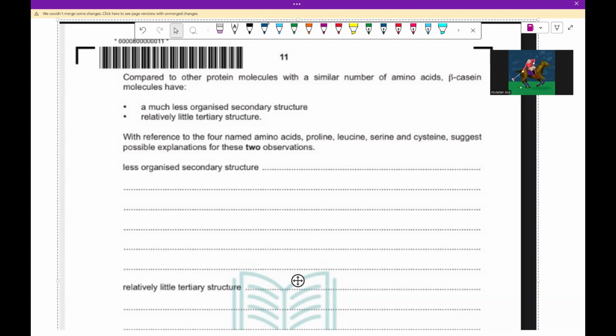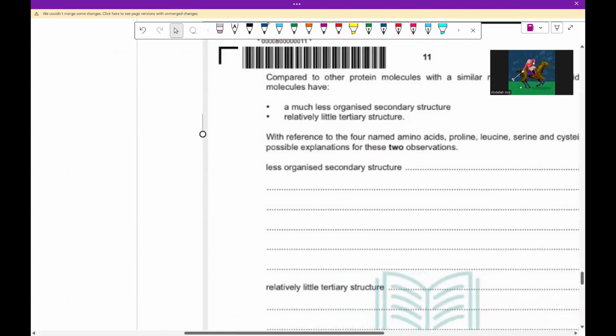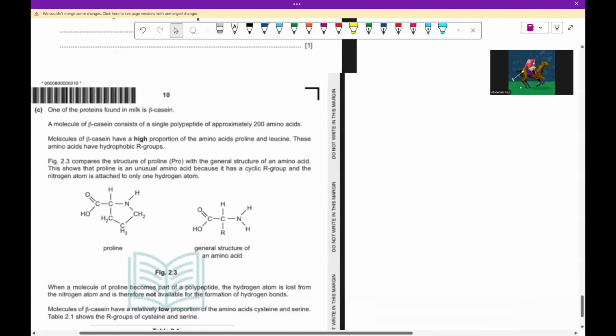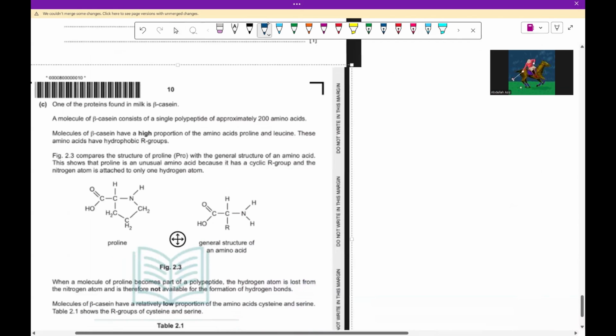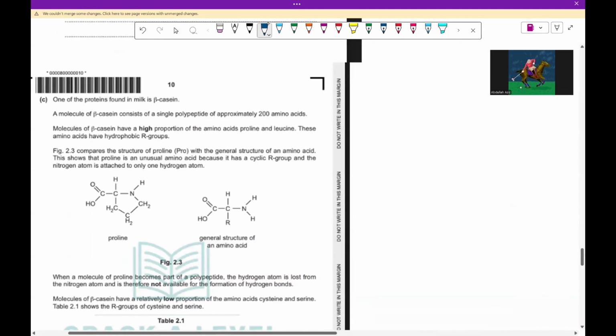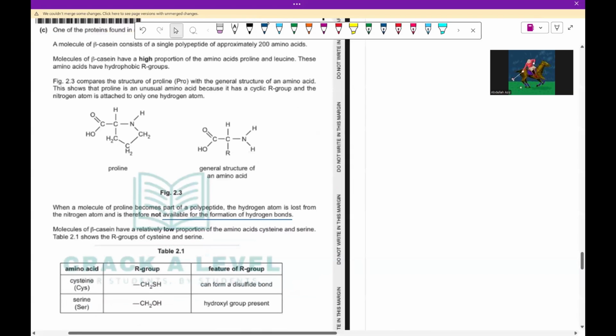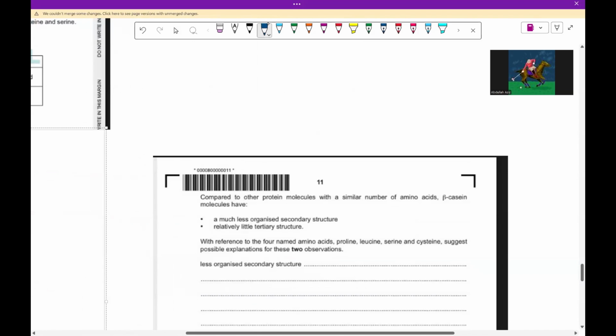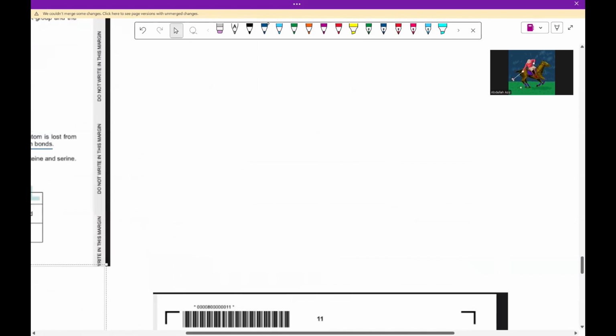So, that is formed mainly due to the hydrogen bonds. It has a much less organized secondary structure, since it told us in the question itself that when a molecule, the hydrogen atom is lost, it doesn't form any hydrogen bonds. So, let's organize. Since proline